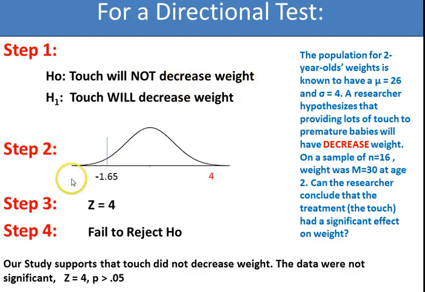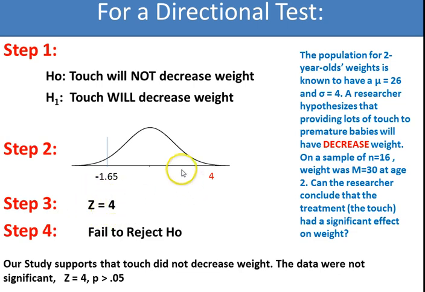But now in step two, when we set the critical region, we're going to set it on the left-hand side because we're expecting a decrease in weight. And so we would still partition out the lowest 5% of the distribution, because remember, we're always going to work with an alpha level of 0.05, and now it would be a negative z-score to partition out the bottom 5% of the distribution. In step three, when we did the math, we would still wind up with an outcome of 4,